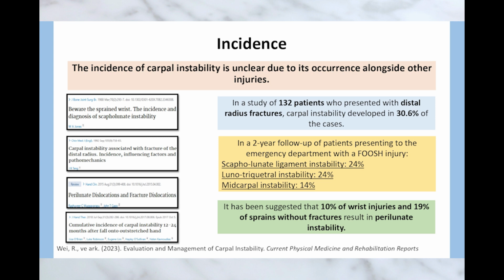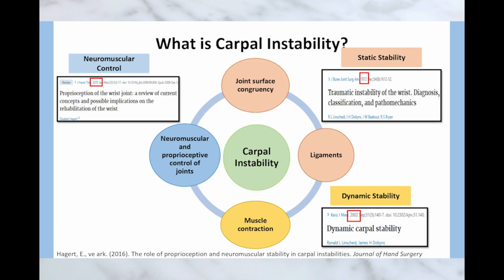And what I find really fascinating is that there isn't just one thing that's responsible for keeping this stability. Our sources talk about three key components. So first, we have static stability. This is really just about the way the bones fit together and the inherent strength of those ligaments themselves. They're kind of the passive restraints. Exactly. Then you have dynamic stability, and that's really where the muscles come in. They're constantly working to make little adjustments and to control the movements and positions of your wrist bones. So it's always working.